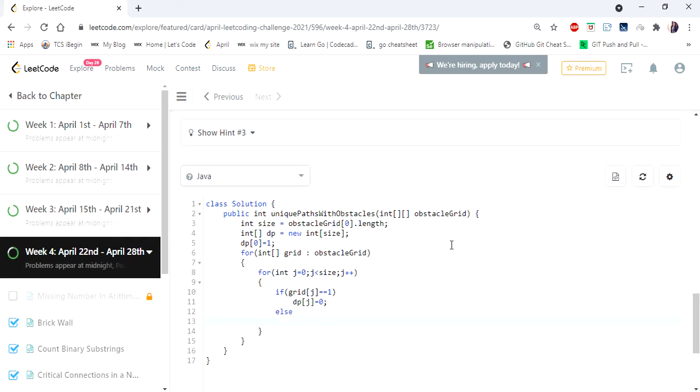Else I'm going to fill my DP array. But here I'm going to fill the values only if it is not my first cell, that is DP of 0. So I'm going to put one more condition. If my j is greater than 0, then I'm going to fill the value. If not, it is going to stay with the value 1, or what is there in the previous calculation. And finally return the last cell's value as our output.